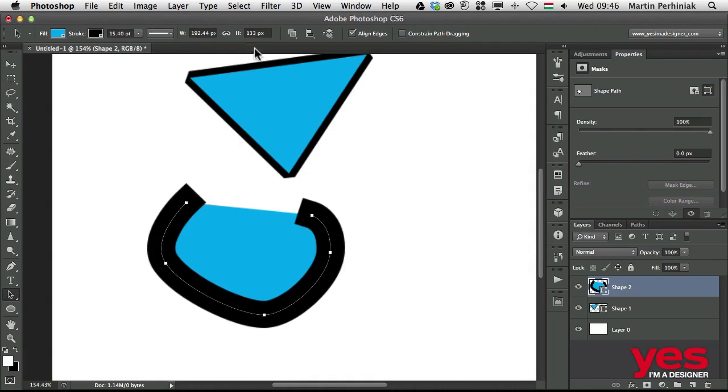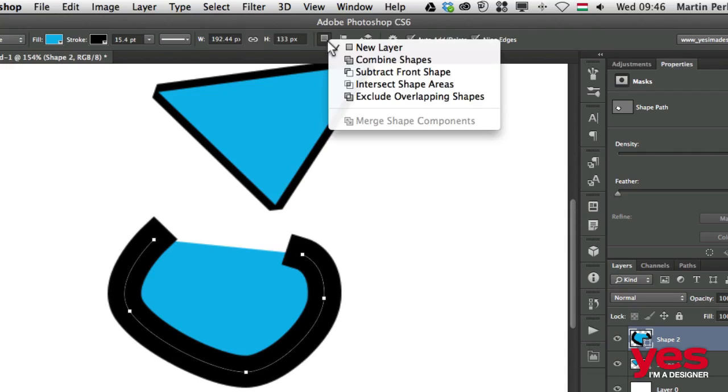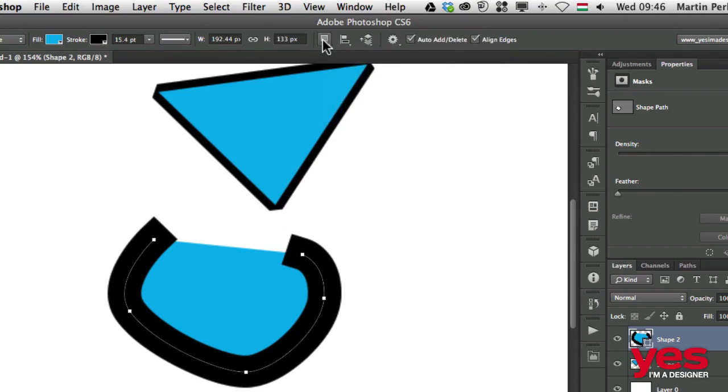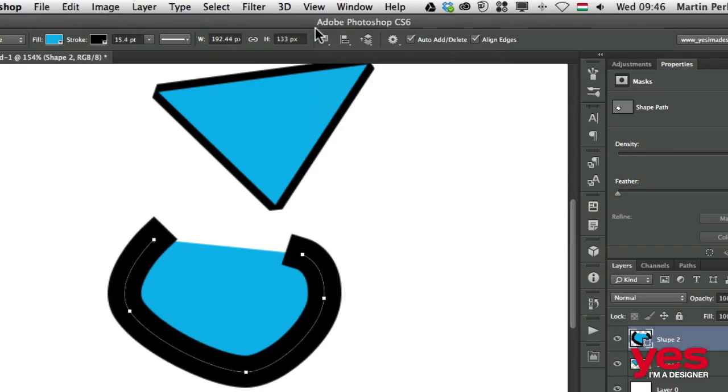There are other options as well. If we go further with the pen tool, we will see the size of the path, and we can also change how to combine or create new paths, or shapes in this case. We can combine them, subtract them, intersect, exclude, and merge shapes, but we will talk more about this in another video. First of all, what I would like to mention in this video, the last option which we will need,